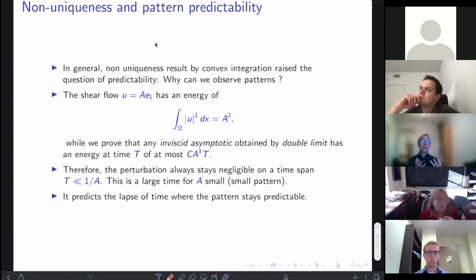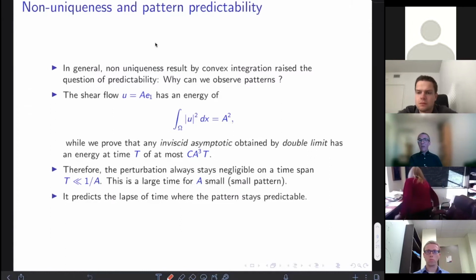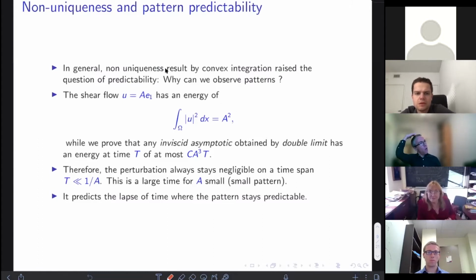I mean, there's two possibilities. Either you say, well, those solutions are not interesting, but more and more we think they are, right? Because they are models of turbulence. And if they are, well, if you have non-uniqueness, how can you use those models and claim that you predict, for instance, the weather or whatever, right? So in some way, here is the first result that goes in the direction that we were looking for, right? Because